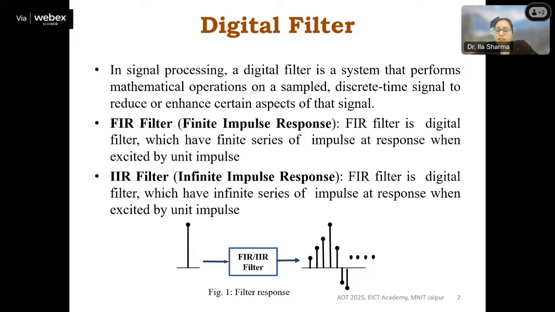In a finite impulse response filter, there will be a finite duration of these sequences. Like here in the figure, we will have some sample points that can be counted, that can be calculated, that have a finite number. Whereas in IIR, an infinite series of impulse responses is taken, or the output is computed when we have an infinite series of impulses as input. So this is the classification of FIR and IIR filters. I hope you got this.